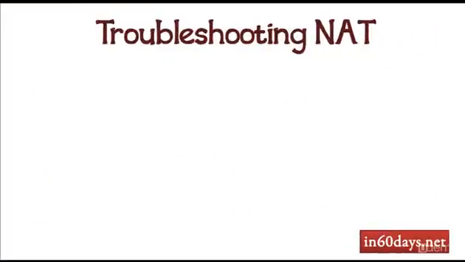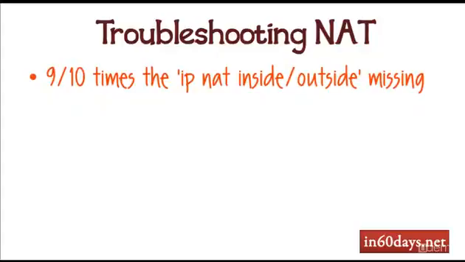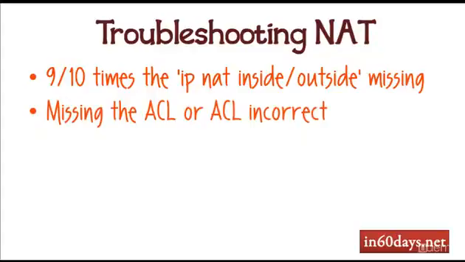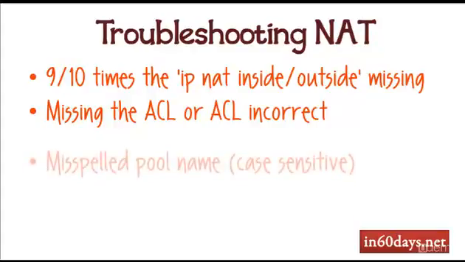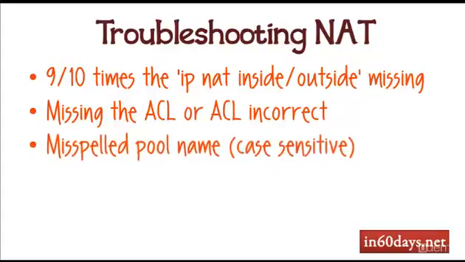Okay, common NAT problems, they're nearly always the same thing really. Almost always someone has forgotten to put the IP NAT inside command on the inside interface, and/or the IP NAT outside command on the outside interface. They forgot to write an access list, or they've put the wrong details in the access list, so they've put the wrong network number in. Or they've misspelled the pool name. The pool name is case sensitive. So if I wrote poolname, as I did in my configuration earlier, but when I put it in the access list I type a capital P